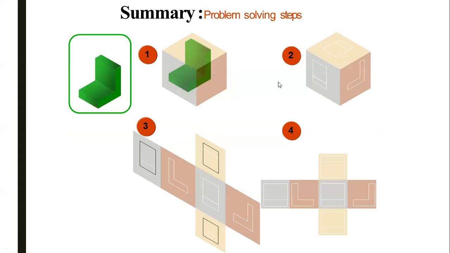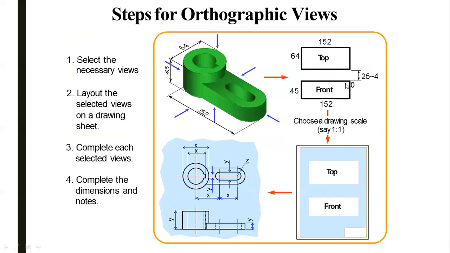Okay, so if this is the object, it is to be placed in this type of glass box. Now it will give the front view over here, side view, top view. Okay. So, steps for solving orthographic views. First, this is the object. If we consider front view and top view, they have used third angle projection method. Hence the front view will be below the reference line, and the top view will be above the reference line.